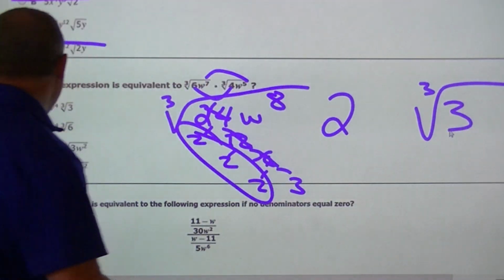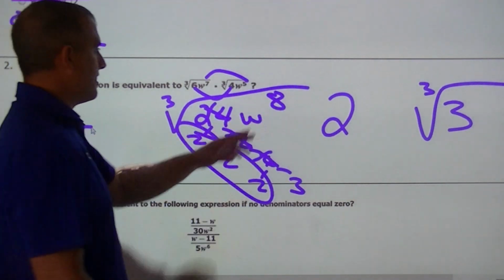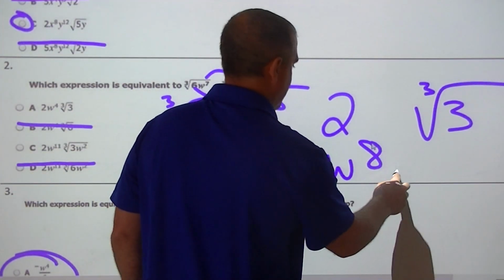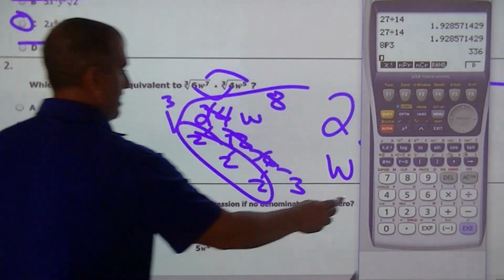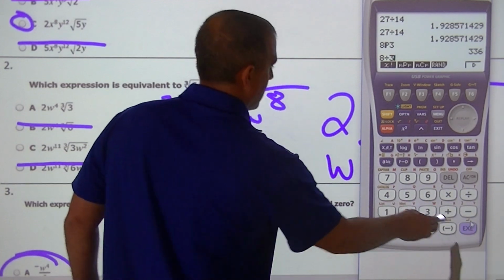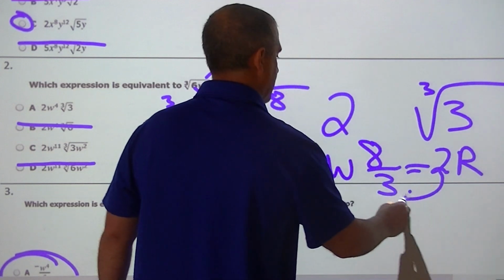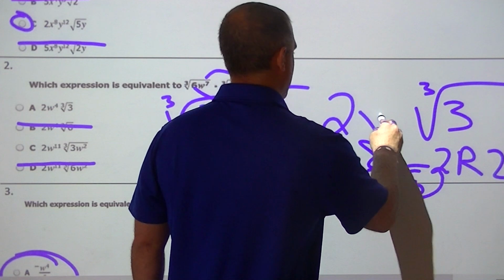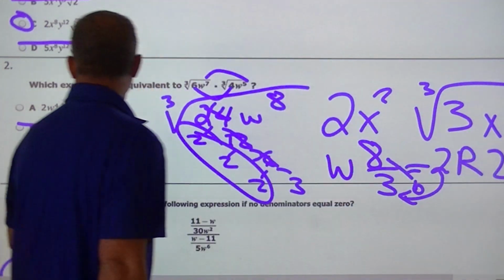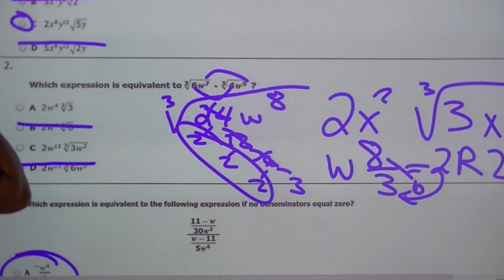Well, let's be a good test taker. All of these are now out. Then what I do is I take the 8, and I'm going to divide that 8 by 3 now. 8 divided by 3 is 2 with a decimal, which means I have a remainder. How I figure out the remainder: 2 times 3 is 6, and 2 more. So that means there should be a 2 outside and a 2 inside. So if I'm looking at that selection, I would have,